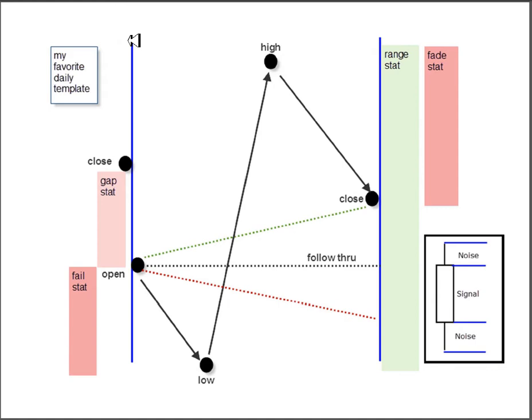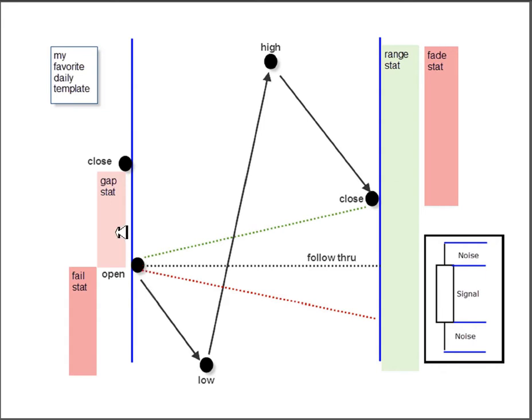So in this daily template, what I'm showing is one day's trading activity between the blue lines. This blue line here shows the close of day -1 and then the open of the 0 day or today. And that goes all the way to the close indicated by that blue line. So we have the close of yesterday and then the open of today, and the difference between them we define